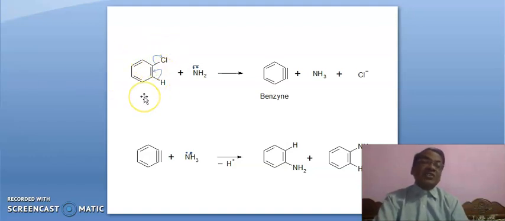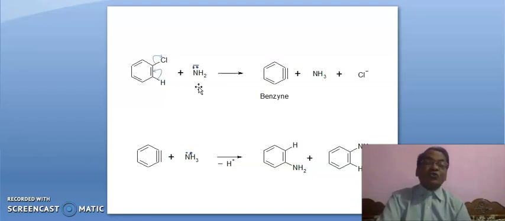Friends, it is chlorobenzene. It is neither a diazonium salt nor an activated substrate. It is simply chlorobenzene. Then in this situation, the SN2 mechanism is not followed, but the benzyne mechanism is followed. But one thing is important here: you have to take a stronger base. The benzyne mechanism is not followed in the presence of sodium hydroxide or potassium hydroxide. Rather, you have to take sodamide and liquid ammonia.